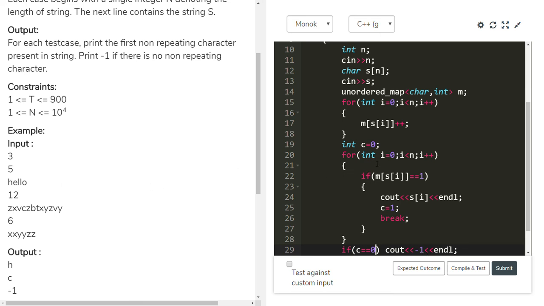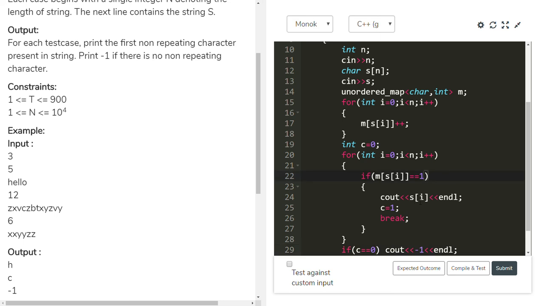Now I am traversing hello from h. M of h equal to 1 is true, so this if block executes.